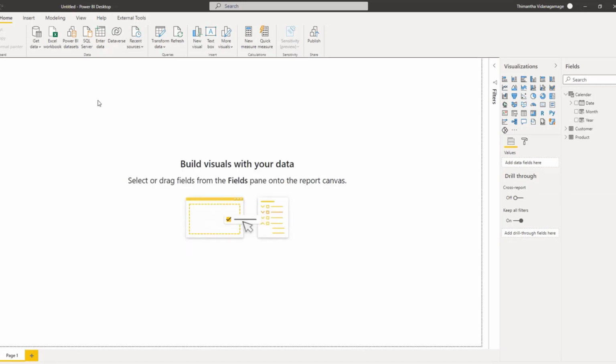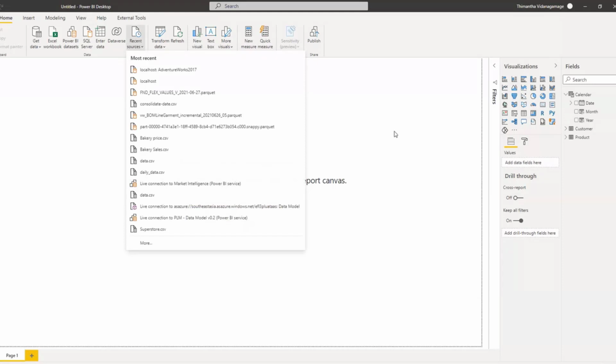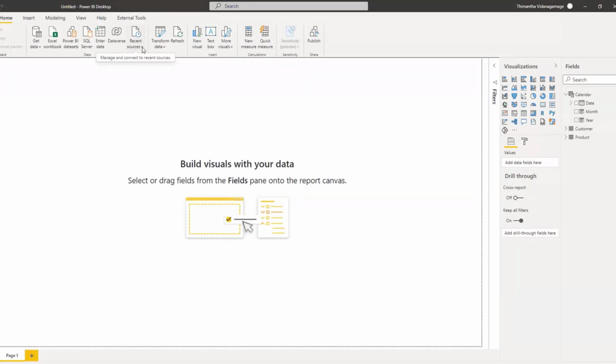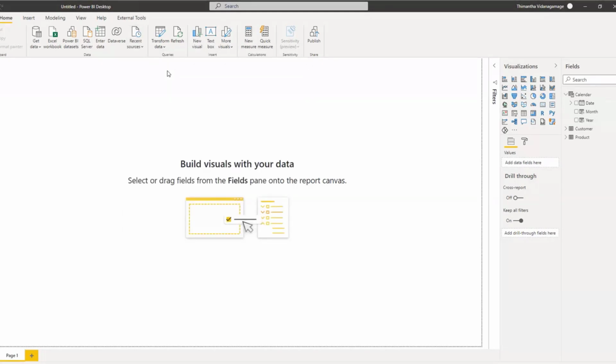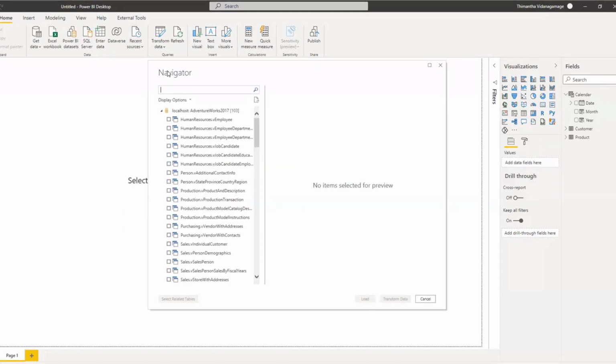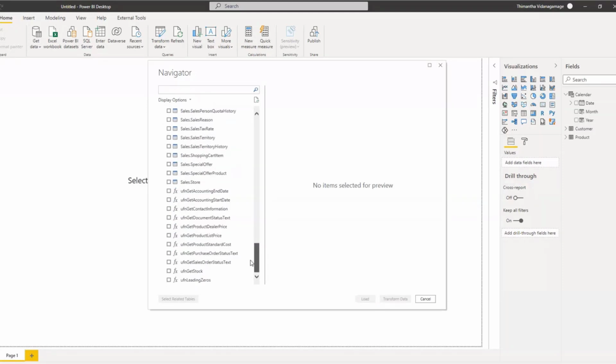So okay, we have gotten the dimensions, and now it's time for us to get the fact table in, and we are referring to the same data source. So I will not be using Get Data again, right? Since I have already used that data source previously, it will appear under recent sources. You can see under recent sources it says localhost AdventureWorks 2017, which is my database. I'll click on that, and I will head right into the same view that I did after entering the credentials. And we have views, tables, and functions as it was previously.